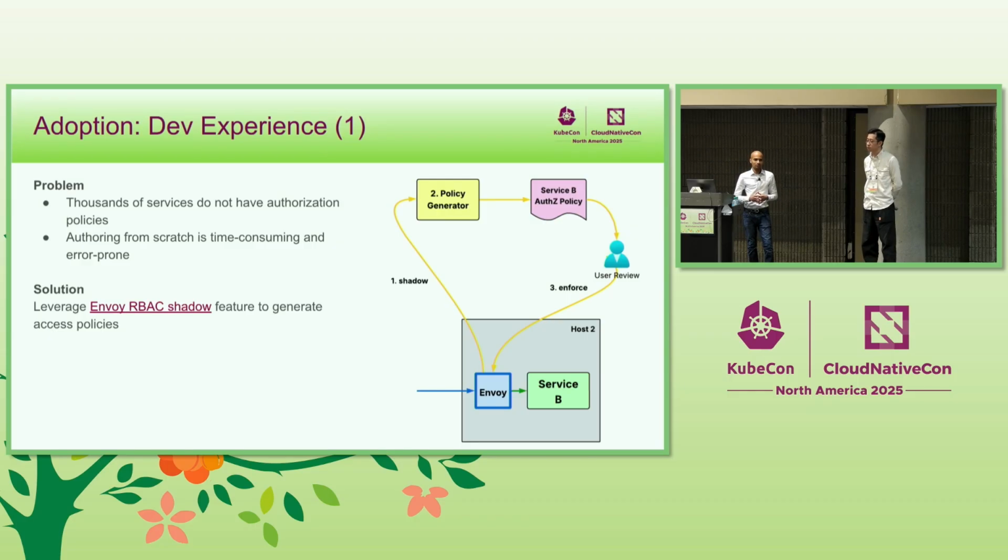Hey, go ahead and take a look, review it, click a button to enforce it, and at that point, the authorization policy is enforced for the service. We did this as a pilot adoption step within our own team, friends and family teams. And what ended up happening is, even though we had all of this built out, a lot of the teams did not want to review. That itself was considered a burden. So we changed our strategy a little bit. We force teams to review when their asset or their service is critical. For the non-critical assets, we didn't ask anyone to review. Instead, we automatically landed the policies because we are very confident that the policies that we authored are correct.